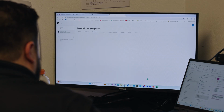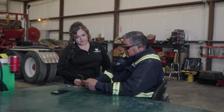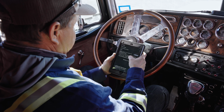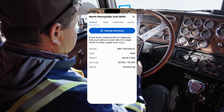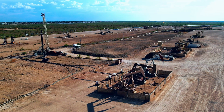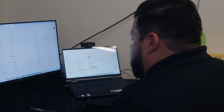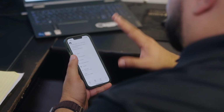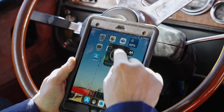It's important to us that our dispatchers, our admin staff, our billing team have the best tools at their disposal. As a supervisor, I can see the benefits of how it helps the drivers. They can get all of their information for the job, for directions, for contacts, everything's all in one spot. IronSight has really facilitated our operation. It has made it easier to convey jobs to drivers, sending jobs to multiple drivers at the same time, giving clear directions, really relaying to the driver what they're going to be doing, and them having access to it, the